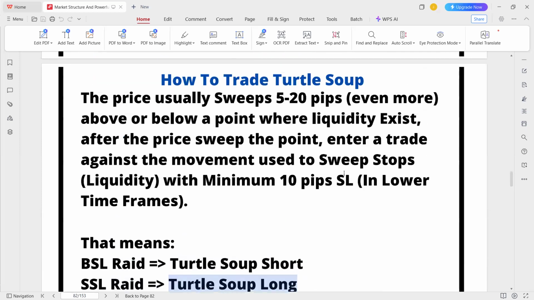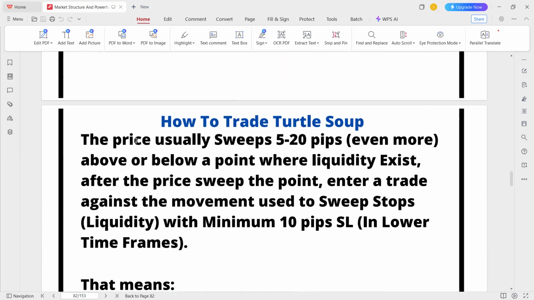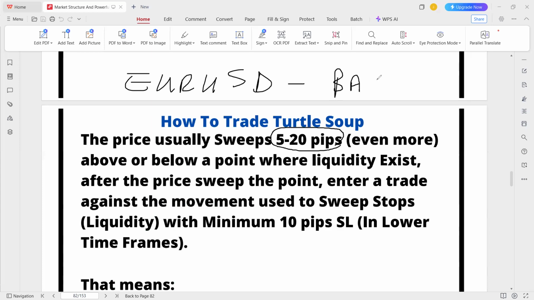Here there was something I need to touch on. The price usually sweeps 5 to 20 pips, even more. This depends on the asset you're trading, so it's just an average number. If you're trading, for example, Euro USD or whatever you're trading, you want to back test all these setups which the author gave us. You want to back test and see, when the setups form, what's the average stop on the particular asset